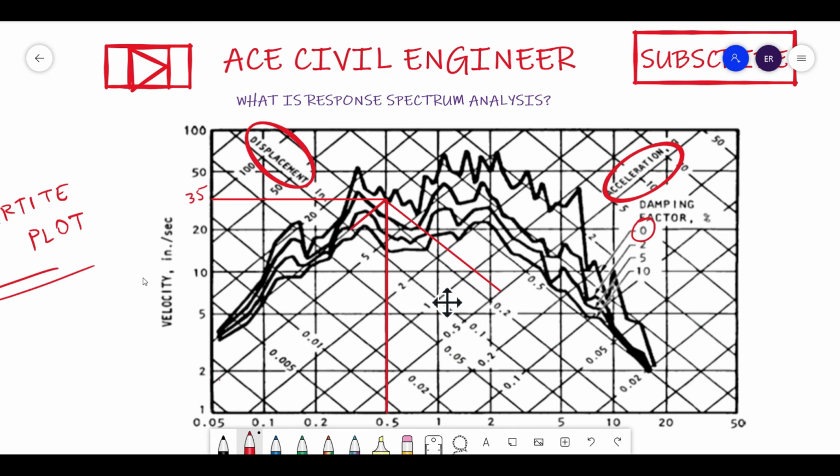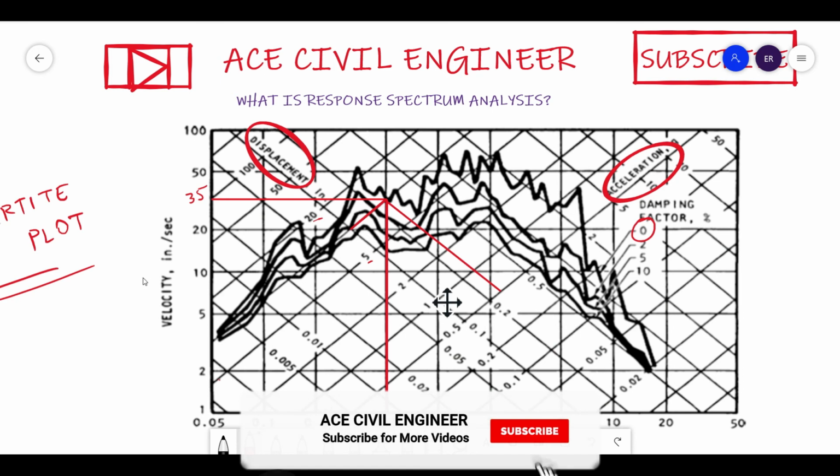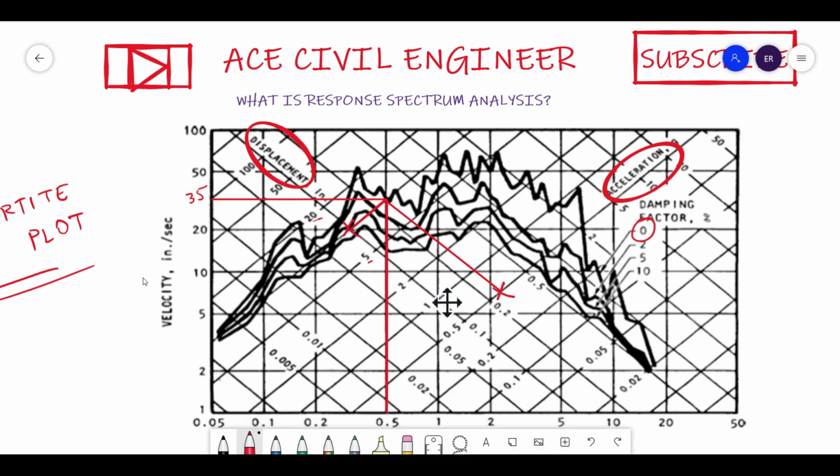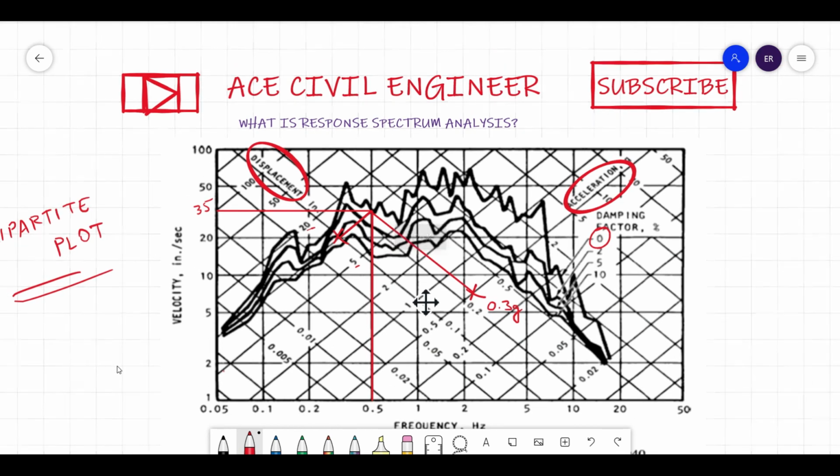Here what you notice is this is some point between 20 and 55. So here displacement is in inches, so it is between 5 inches and 20 inches, this point. Whereas here you can see at this point it is between some 0.2 and 0.5, in terms of acceleration due to gravity. This is how you will find out in the tripartite plot.